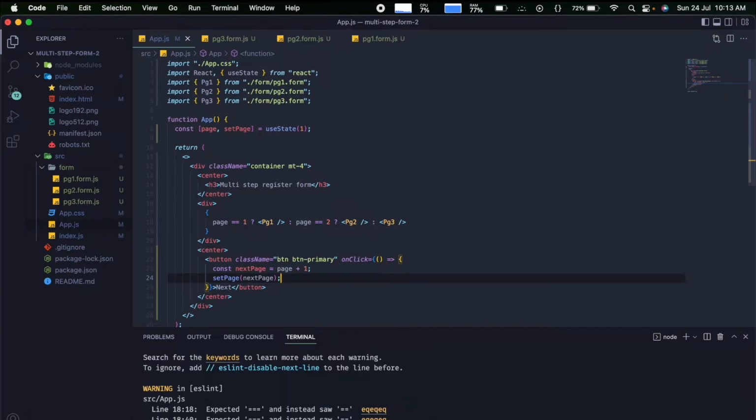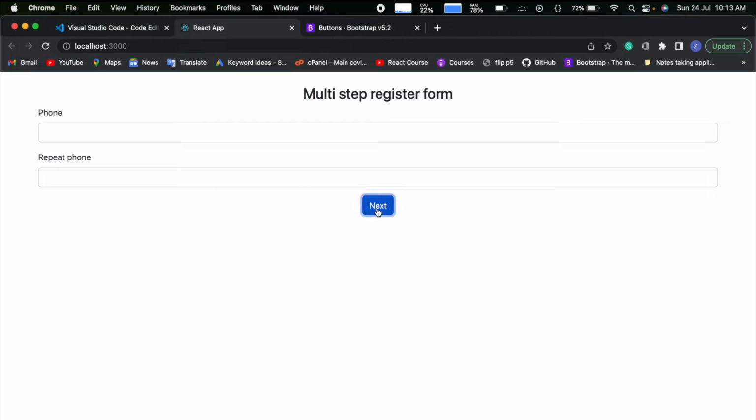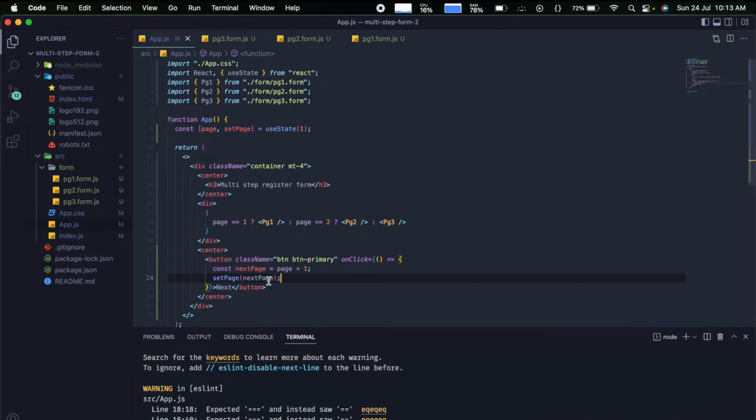Anyways, if I just do this, it will set the page number. So if I click next, it will go to the phone and password. Now we want to create a back one as well. So I can just